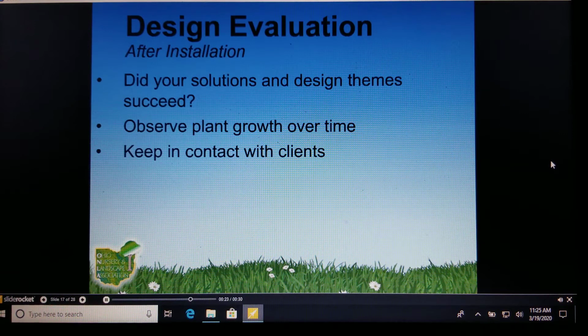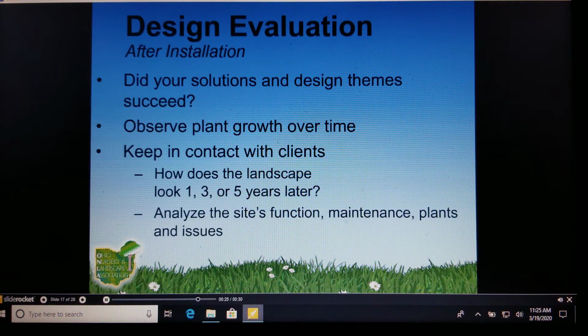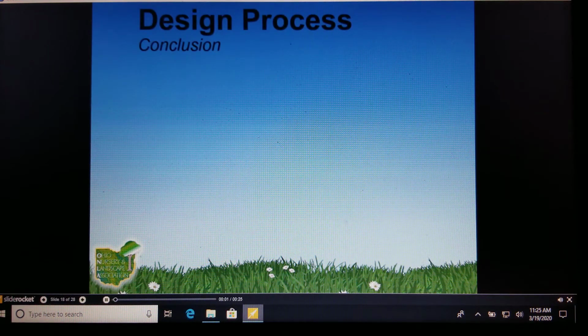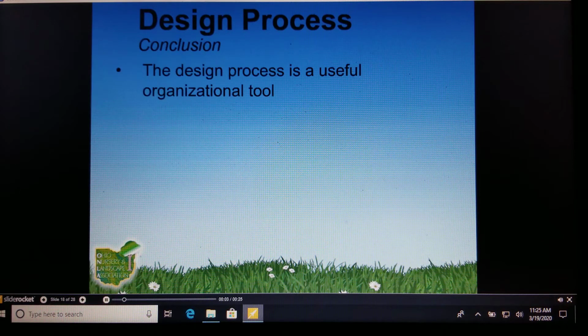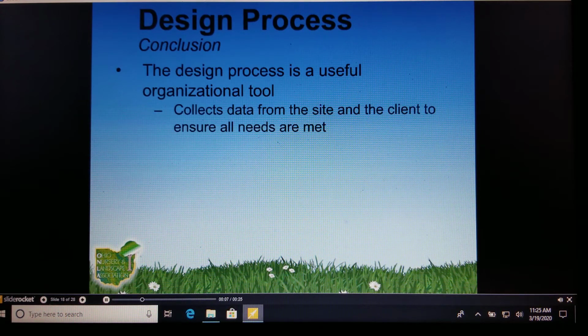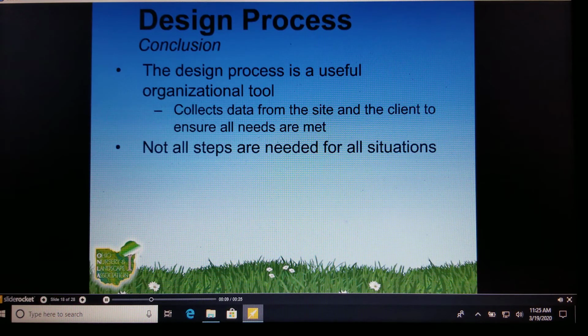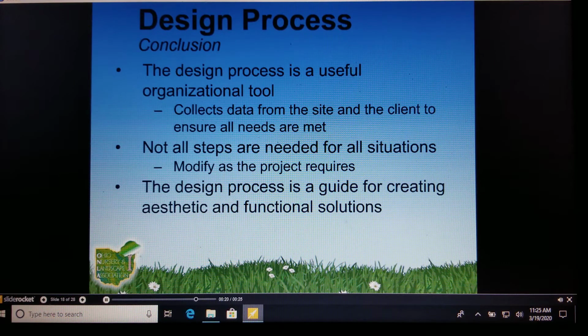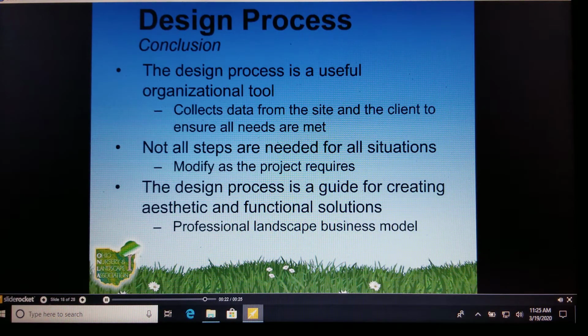Because a landscape is always changing, keeping in touch with the clients is professional business practice and helps forge long-time clients. In summary, the design process is a useful tool that allows designers to organize information and ideas. Not every situation requires the entire process. Some clients don't request material approval, and others may not have any landscape issues to work around. The process is just a guide to help designers develop aesthetic and functional solutions to the design challenges or clients'